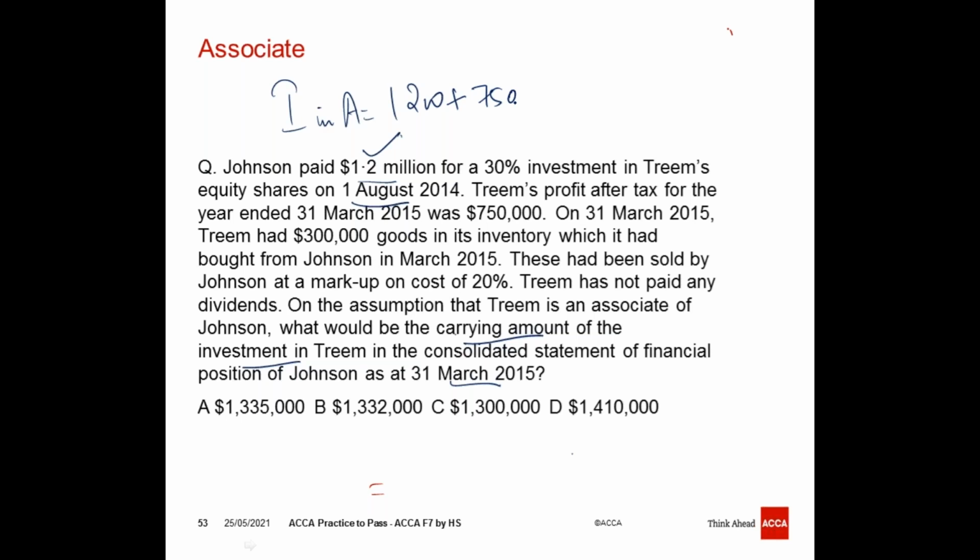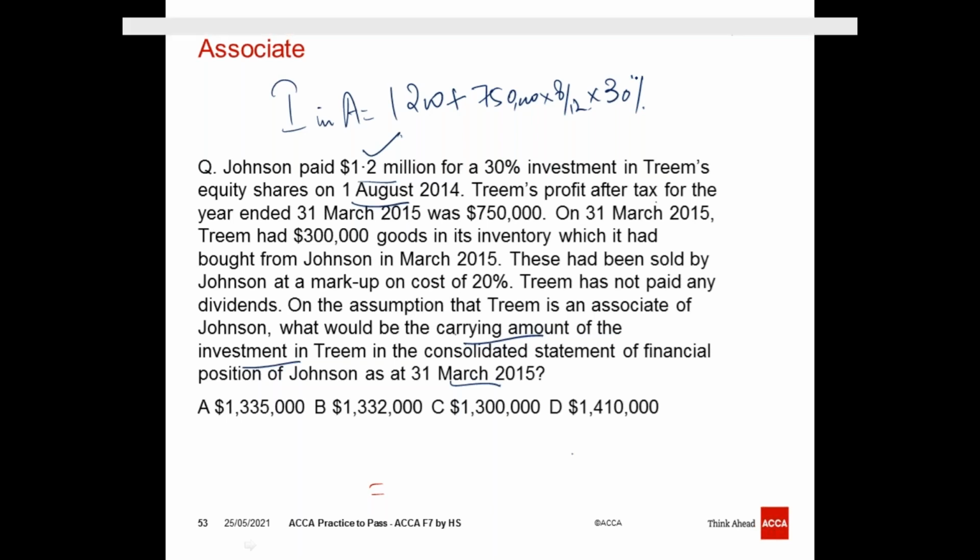So in the post-acquisition period, we have earned a profit of 7,50,000 into 8 upon 12, and out of which our share of the profit is 30%. Minus there is no impairment loss. Now,